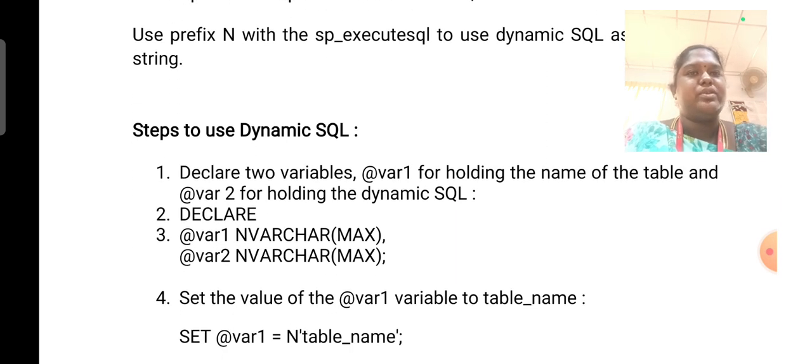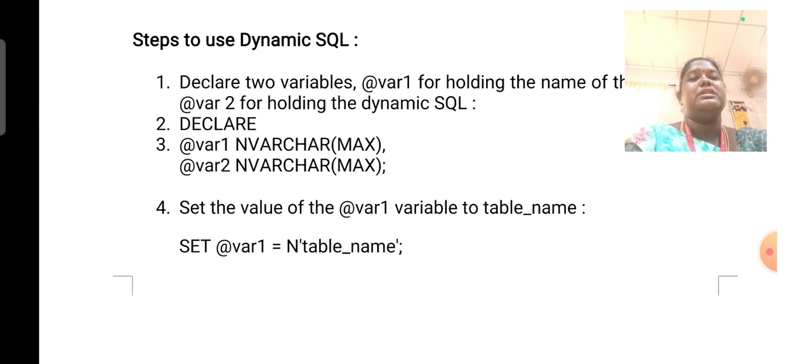These are the steps used for dynamic SQL. Declare two variables, @var1 and @var2. @var1 is for holding the name of the table, @var2 is for holding the dynamic SQL. The second step is to declare the variables. Third step, @var1 NVARCHAR(MAX), @var2 NVARCHAR(MAX). Set the value of the @var1 variable to the table name, then set @var1 equal to N table name, and then